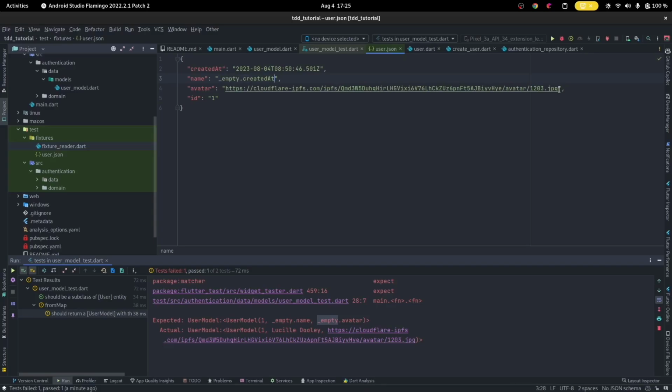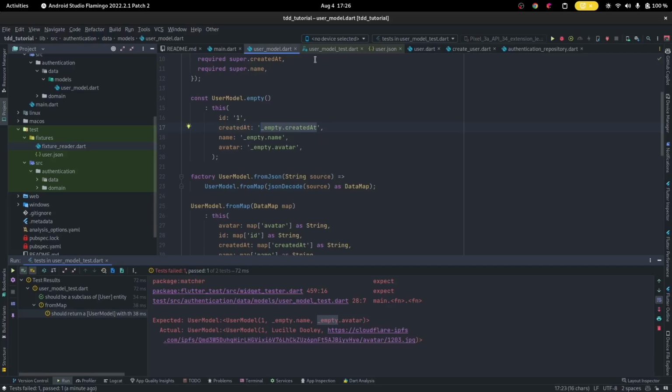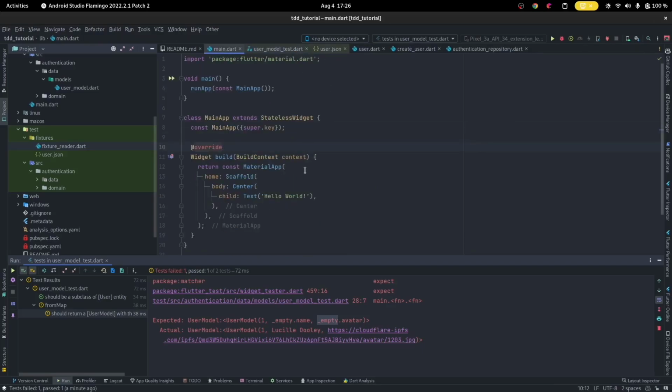Empty creator that. That's a long one, mate. This one's going to be empty avatar. And you, my friend, are going to be empty ID. So for the creator that, I'm actually going to leave the empty creator that as that. Sorry. Control Z. Copy. The ID will be 1 because in our user model we've got 1 for the ID. So I'm going to close that out right